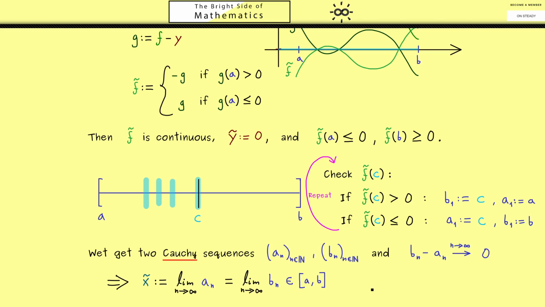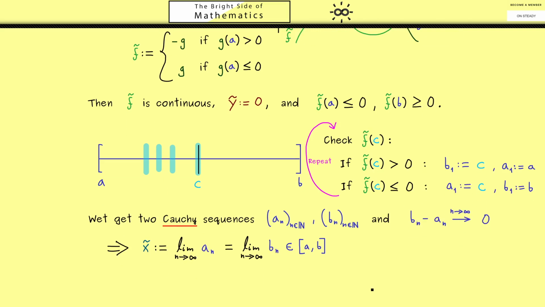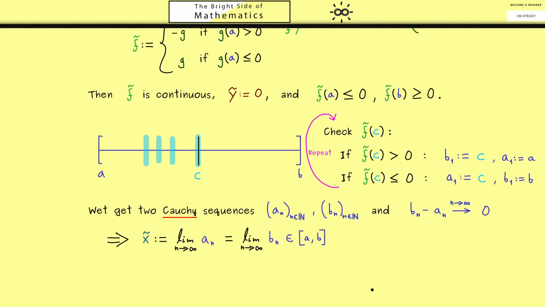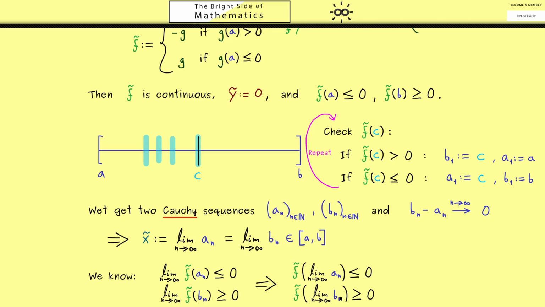Hence the only question that remains is what happens with x tilde when we put it into the function f tilde. In order to see this, please note that the sign change for the function f tilde holds for the whole sequence AN and BN. Therefore, and by the monotonicity of the limit, we also know that this property still holds when we put the limit in front. And there you see we can use the continuity of the function f tilde and push the limit inside. Then you see it looks like this, and we can substitute this limit with x tilde.